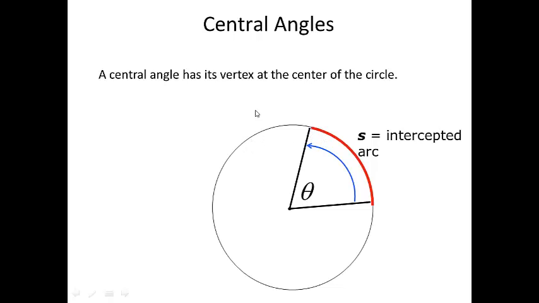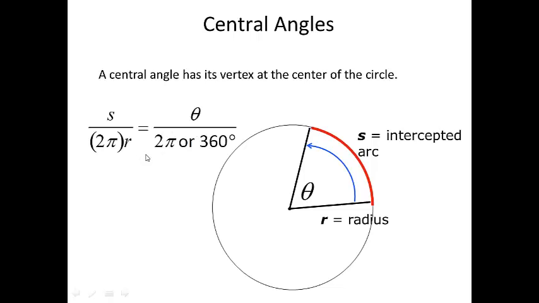So those are the two pieces that we're going to be talking about, and there's a formula for that. And the formula looks like this. It's a proportion. It's the part of the arc over the whole circle and the part of the angle over the whole circle. Okay, this is a proportion, part over the whole, part over the whole. Part of the linear part over the whole linear part is equal to the part of the angle over the whole of the angle. Now, this looks a little confusing here, but it's 2 pi or 360 degrees,